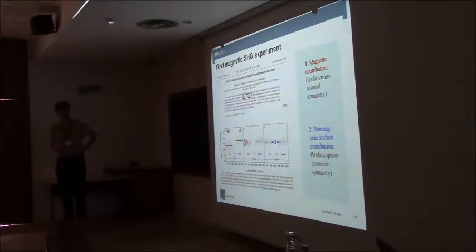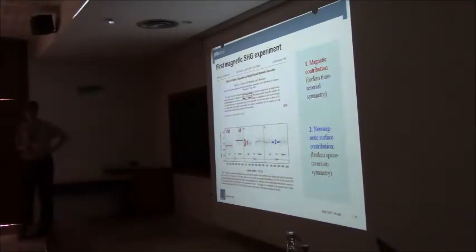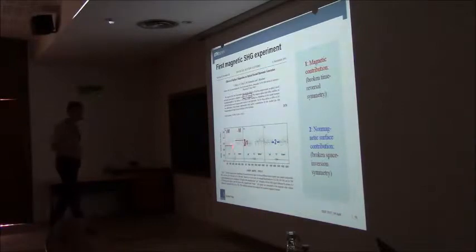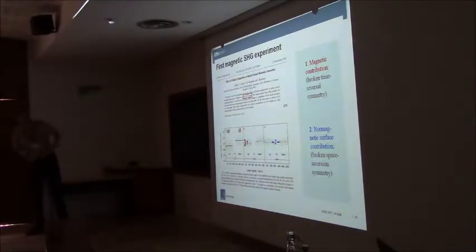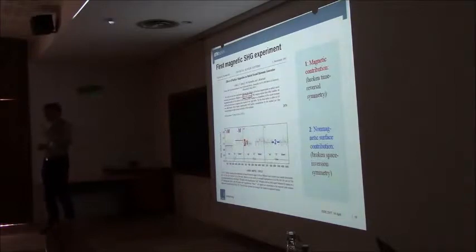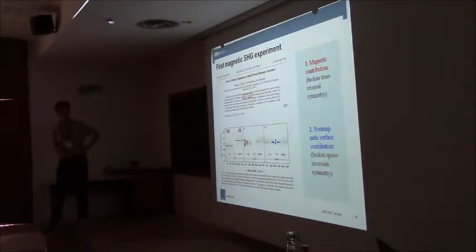It's not great, but it's there. Statistically significant. And when they oxidize the surface, the splitting is gone. So this must be due to the magnetic order. So you have a magnetic contribution that generates the splitting, and you have a non-magnetic contribution, the other one, and that generates the background. That's one of the first experiments, 1991, so it's not that long ago, considering that 1961 was the first demonstration